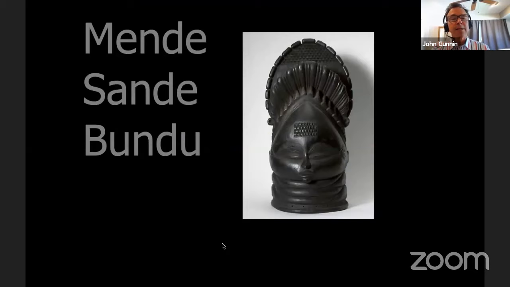And I'd like to get these words straight, because when I started studying the African material, all the different words I would get mixed up. So if you say Mende, Sande, Bundu, that's going from the large group of people, the Mende people, and the Sande would be a certain society. That could be, in our world, like a fraternity or a club or a group